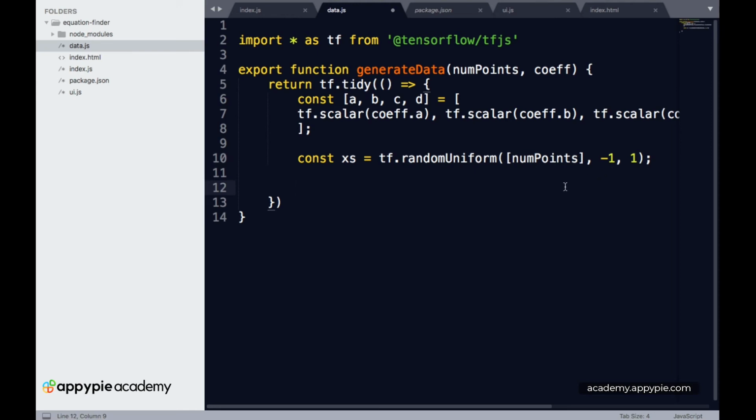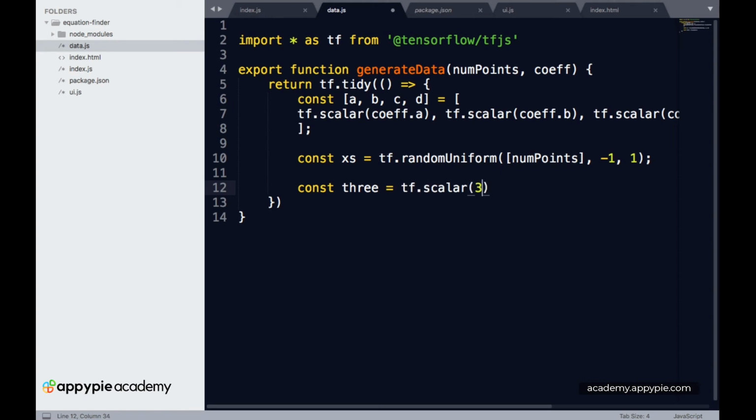Okay, so now let's again start creating our polynomial data, and to do that let's create a new constant, and let's name the constant 3, and this 3 will be equal to tf dot scalar. Now this will take in two arguments.